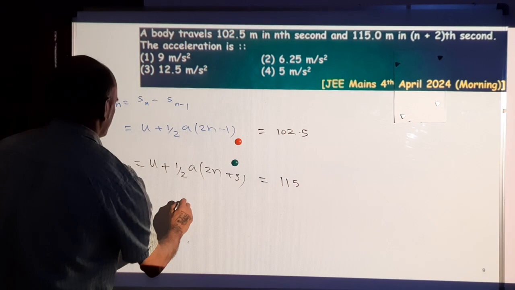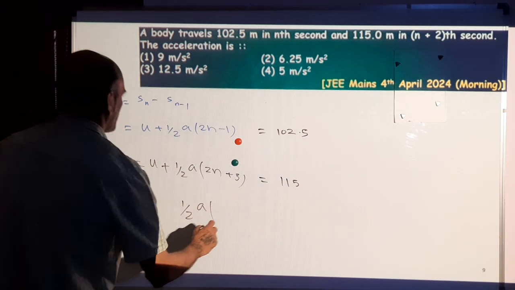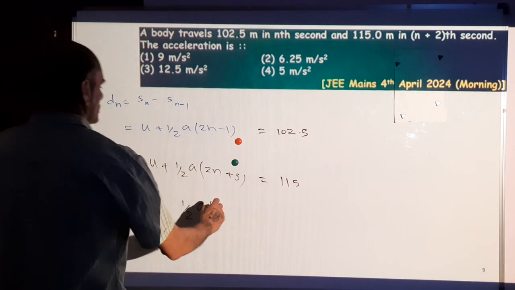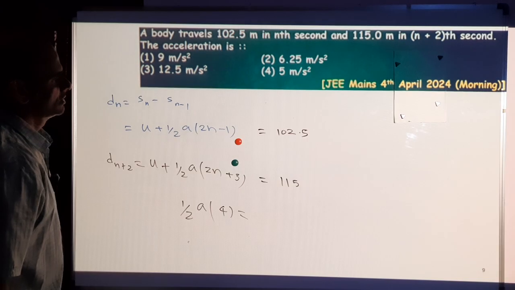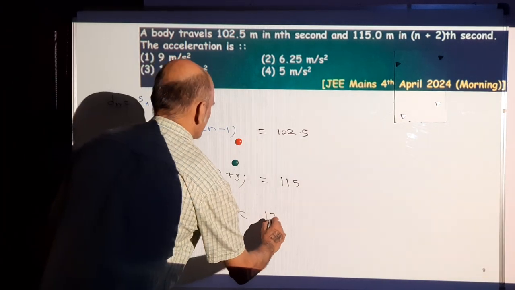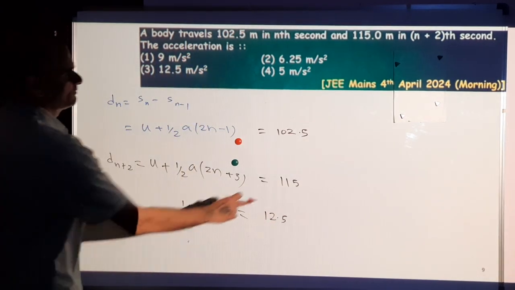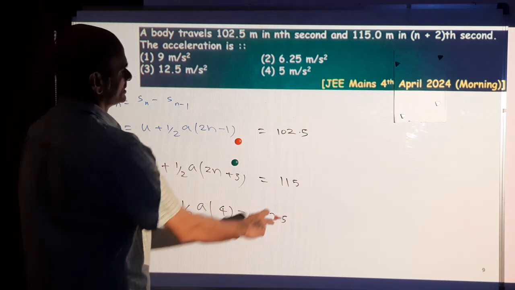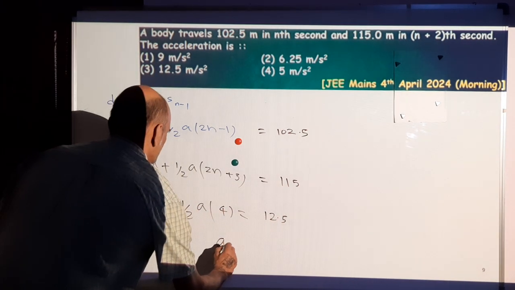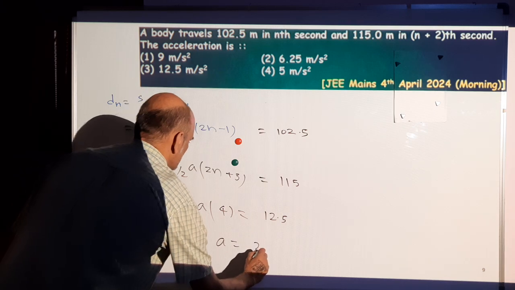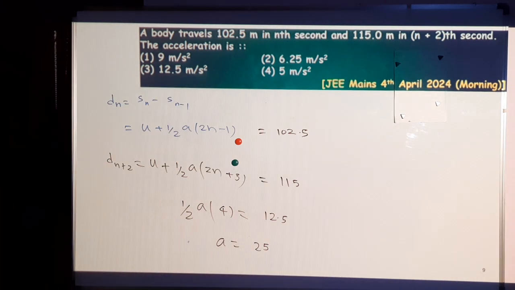So that will give half a, 2n and 2n will go, 4 minus 2 times, equal to 12.5. 115.5 minus 102.5 is 13, 13 minus 0.5 is 12.5. So a equal to twice of this one,